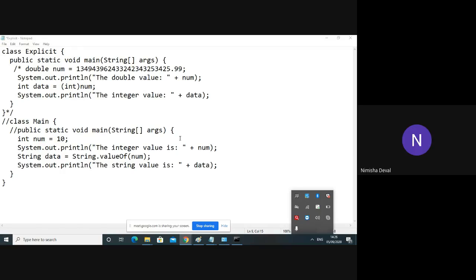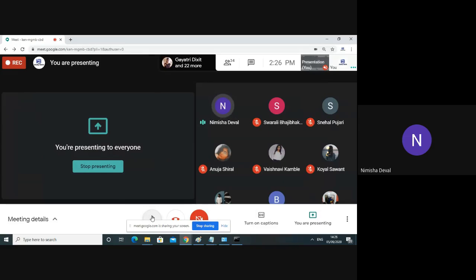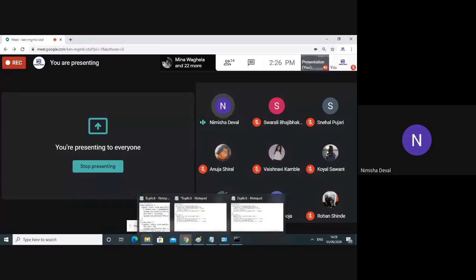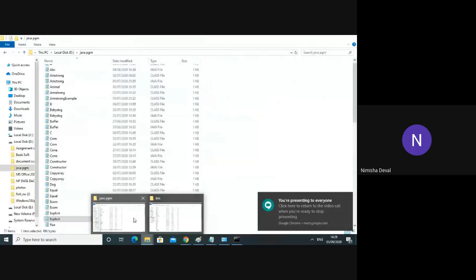Okay, yes, you are correct. I have converted one string value into integer, and one floating double value into integer. Right, nothing more. Okay, all of you understood it. We will see it in the next lectures, no issues, because we have not learned it yet. We first have to complete exception handling. But if anybody is trying like this, then it's okay, because you are on the right track.